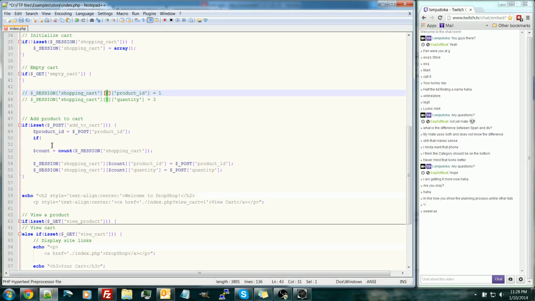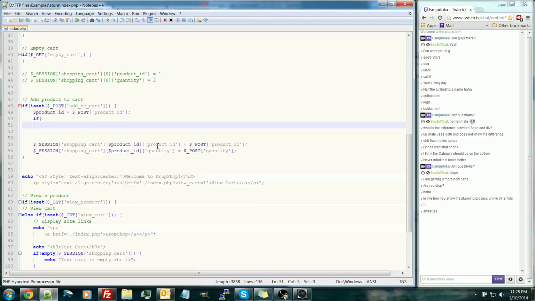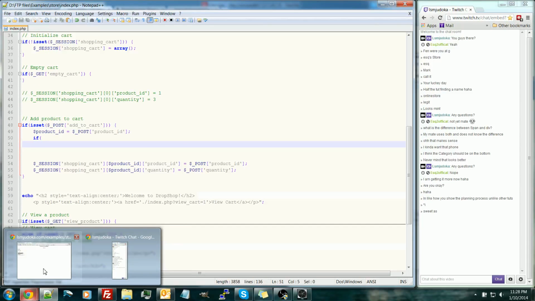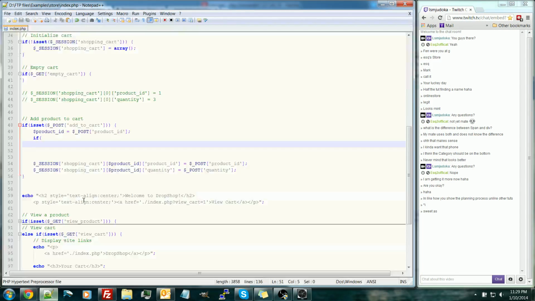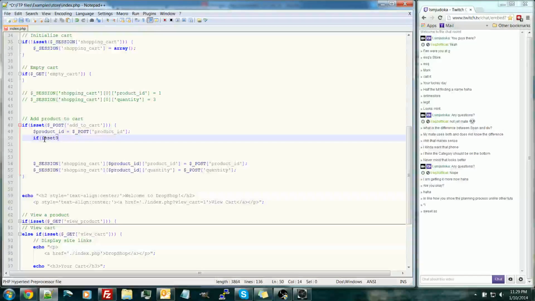So when we add the product, instead of using a random count, let's do this. We'll change this to be the product ID. The only reason we can get away with this is because each product is a unique ID. So Sneakers is 1, Silk Shirt is 2, and Constellation is 3. So this ID will contain the number of which product it is, which makes this redundant, but we'll leave it in there for now. And then we can change this to check and see